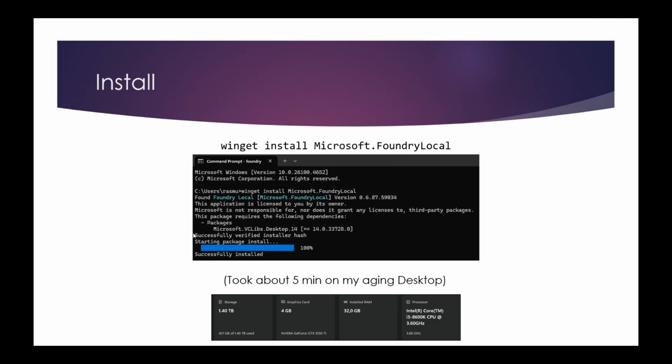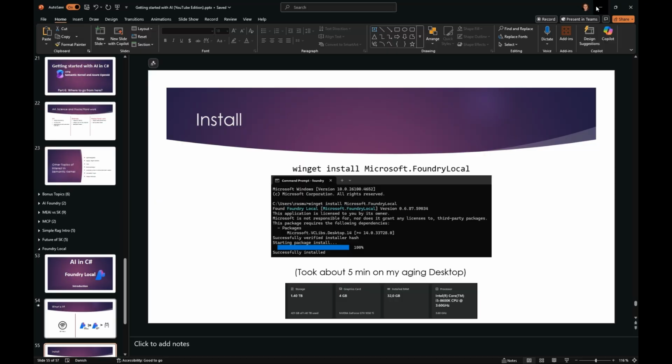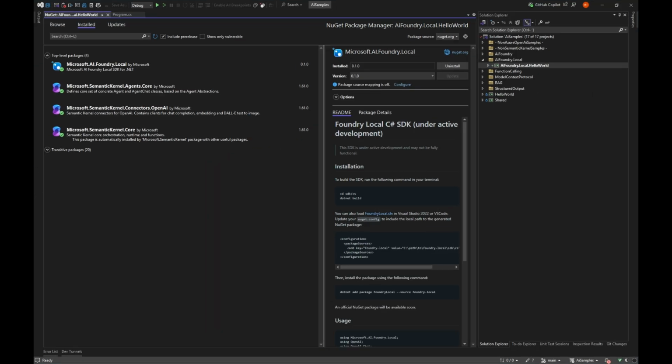So the first part of this in the code, and the code that we're going into, is my AI samples repo, which is online and open source, so you can grab all the code there. And what we're looking at is the AI Foundry Local here.